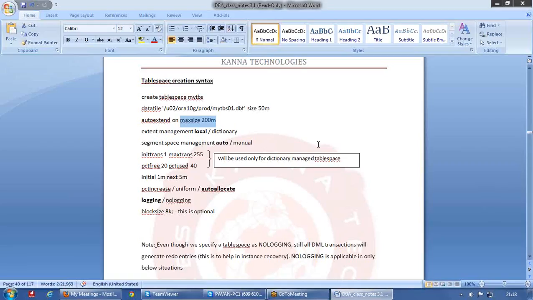Now even after 200 MB, if the data file is trying to increase, then Oracle will throw an error. Why? Because we already specified the max size to be 200 MB, so Oracle cannot increase more than that. So this is the purpose of auto extend on. Especially, it is going to help you in scenarios where you cannot decide how much could be the data